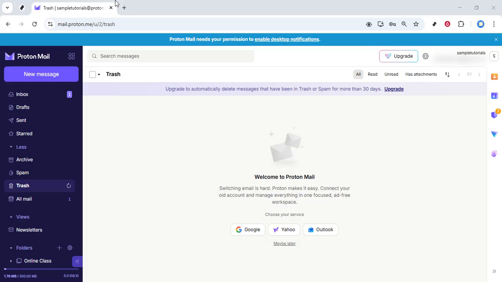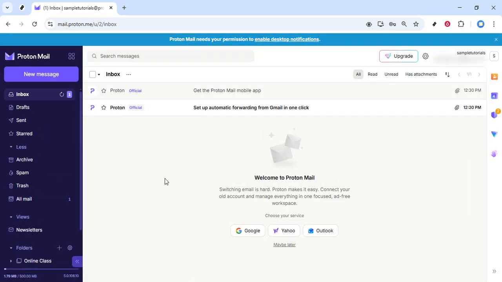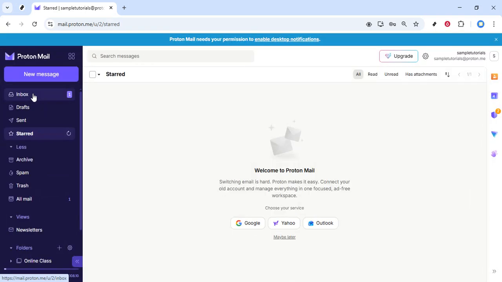First, open your web browser and go to protonmail.com. Make sure you're on the official site and then sign into your account as you normally would. Once you're logged in, you'll land in your inbox or whatever folder you last viewed. Take a second to let the page fully load because you'll be using the navigation at the top of the